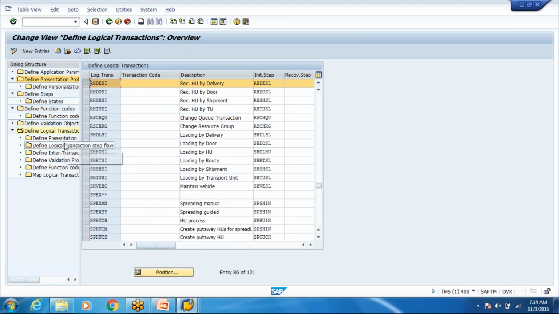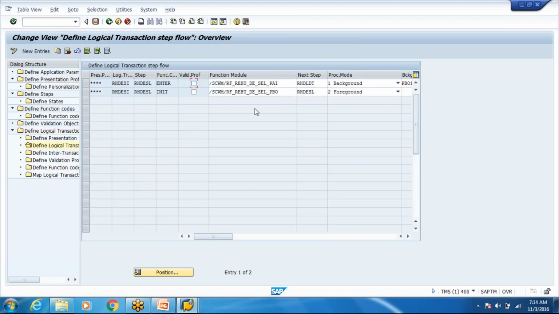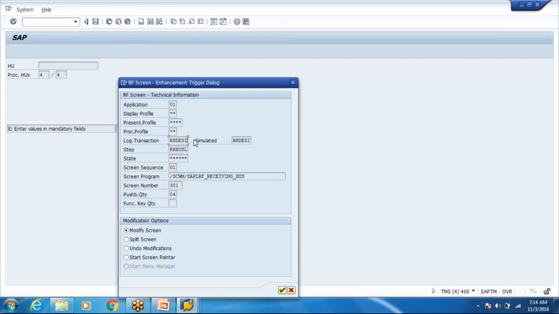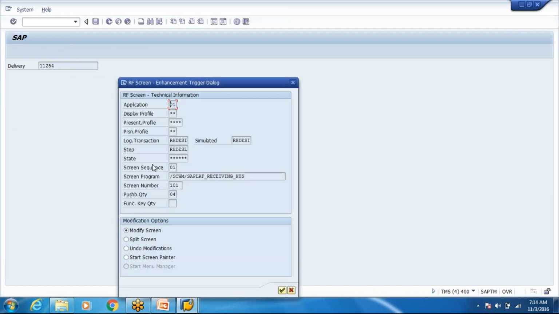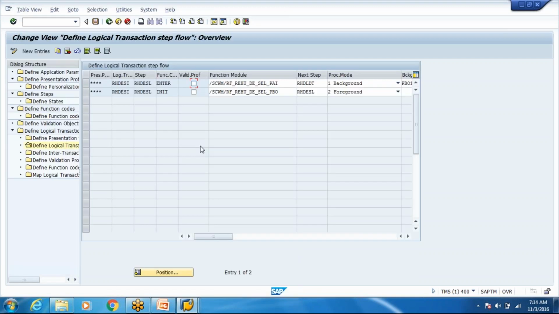The main folder is your step flow. You can see that this is the function module it executes. And then this is the first step, RHHUSL. Okay, let's go to the first step. The first step is RHDESL, so it goes into transaction DESL.